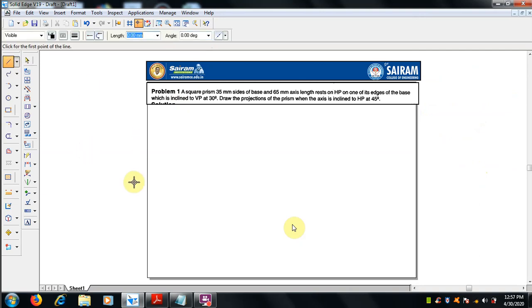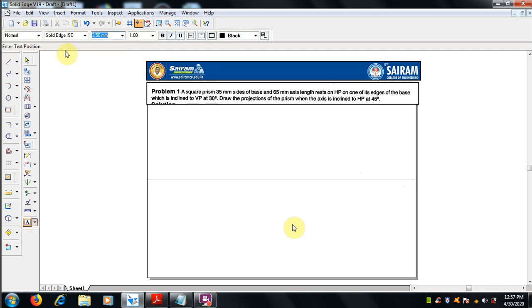So let me start to draw with a reference line. The reference line is with the point 13 mm thickness. We'll take and draw a horizontal line and mention the reference line. For visibility, I'll take scale to X and Y here, and above the reference line it's a vertical plane VP, and at the bottom it is HP, horizontal plane.